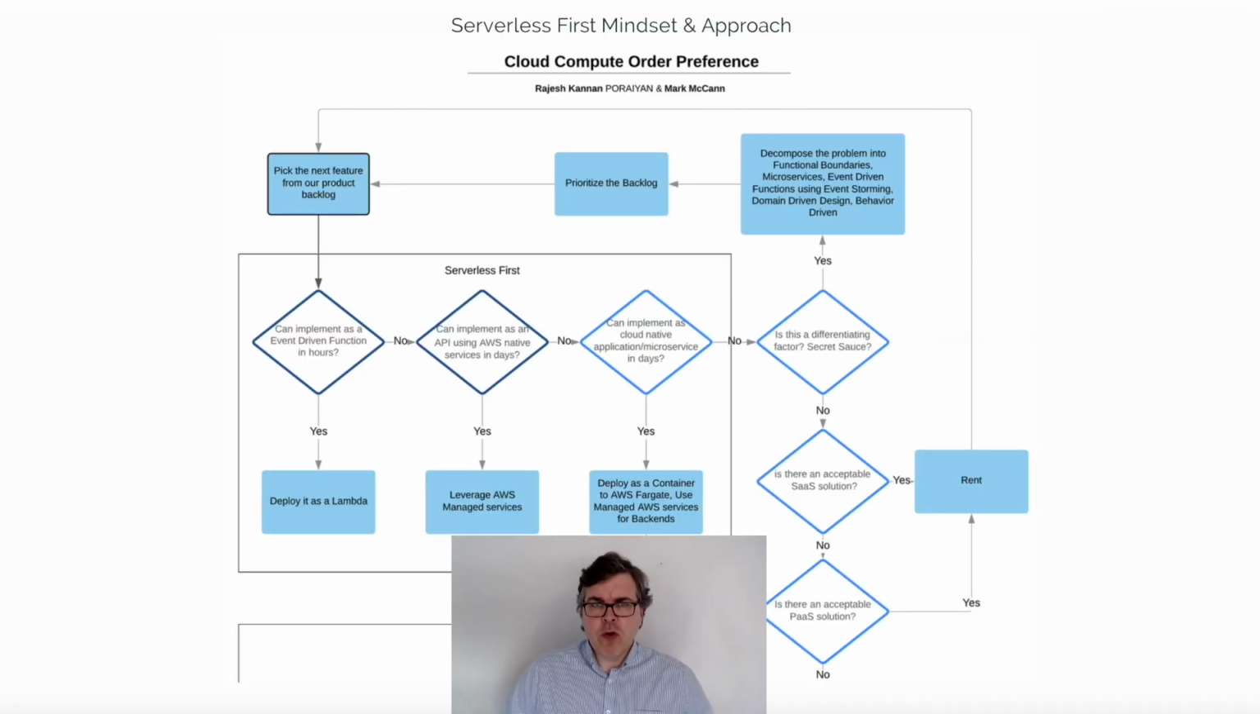With our serverless first North Star established, we needed a way to articulate what that meant and how it affects decision making in the enterprise. So in 2019, we came up with the compute order of preference that helped teams ask the questions about using Lambda first, then falling back to other managed AWS services, then falling back to containers, onto PaaS, and eventually onto an on-premises solution. With the continued evolution of AWS managed services, this order would be different today, as